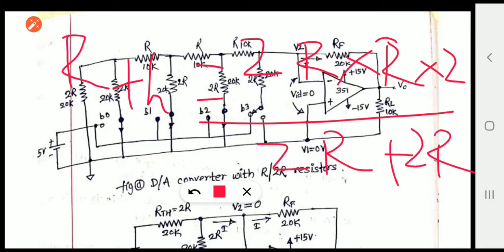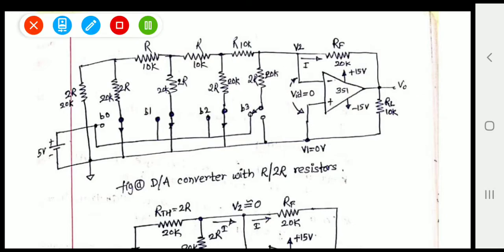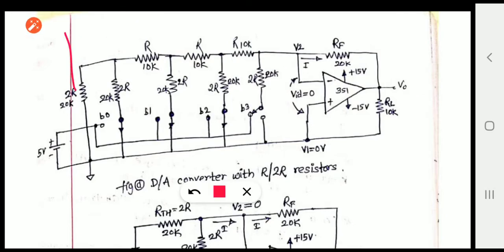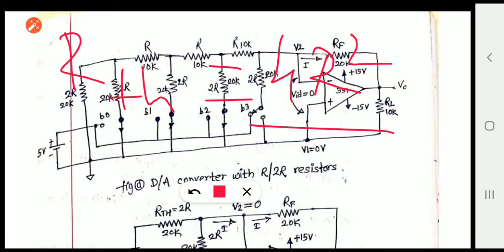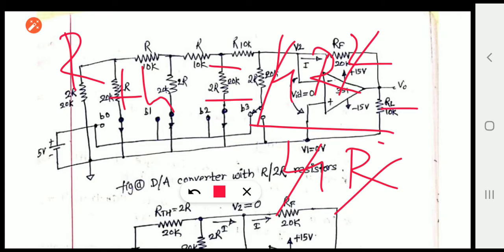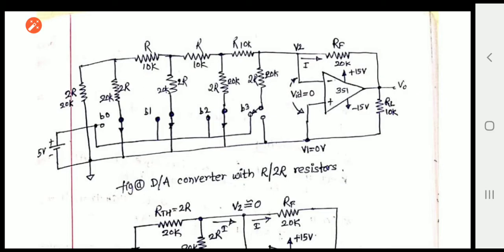Now the total value becomes here. So RTH equals, we can write it as 4R squared divided by 2R plus 2R, that is 4R. So the 4 and one R get cancelled, and what we are left with is only R. So now the total value of these two is R.